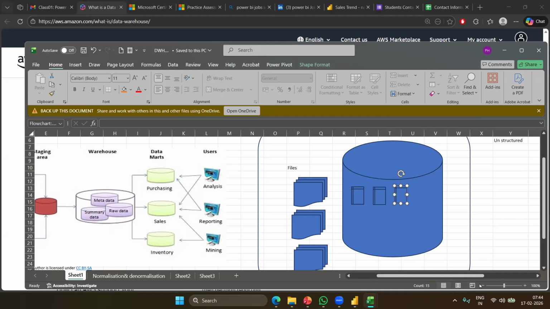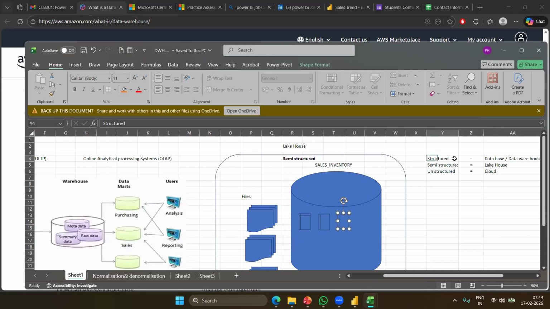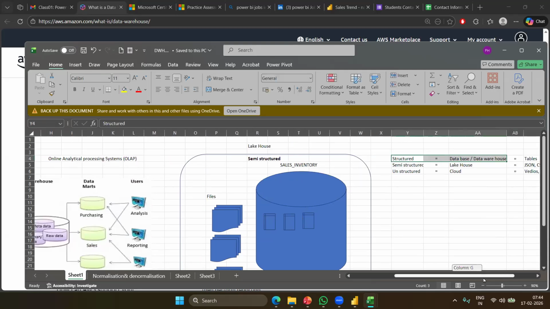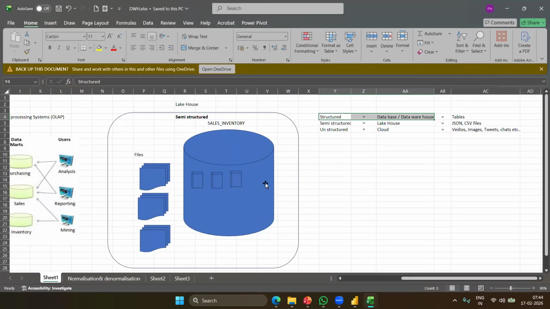Whatever we store in a database is termed structured, because we are storing it in proper tables in an organized manner. Something you keep in a house would be organized and well defined, correct? So whatever we see in the database, we normally term it structured data.